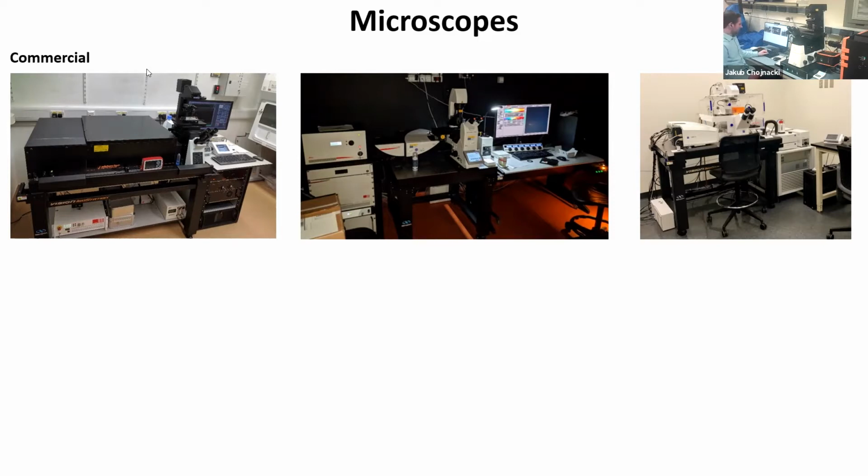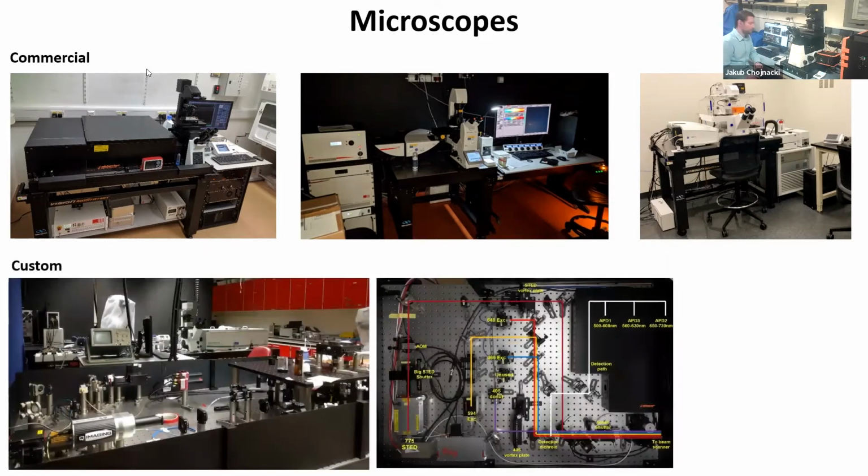However, what scientists also do is actually build our own microscopes. If you want a microscope that is specific for some very specific type of study, or you simply want to investigate a new type of technology associated with microscopy, because in addition to biology development, there is also technological development. Cameras get better, detectors get better, lasers get better. So we also build our own microscopes. Here I have an example from the lab that I was in, where we were building our own microscopes. And you have an example here of a laser light path,